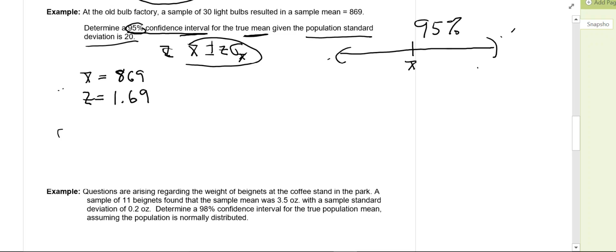We need to know what sigma of X bar is. Again, sigma of X bar from the central limit theorem is sigma over the square root of n. In our problem, that is 20 divided by the square root of 30. We have 30 light bulbs, right? If you do the math, that comes out to be